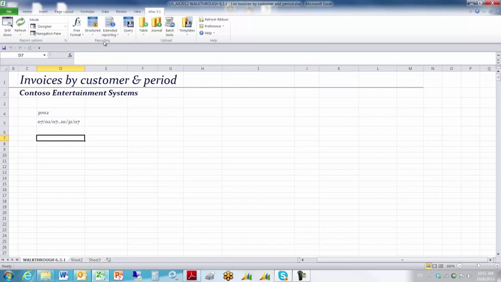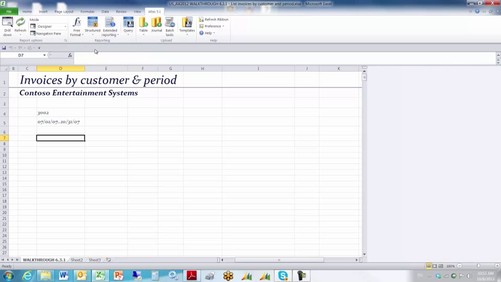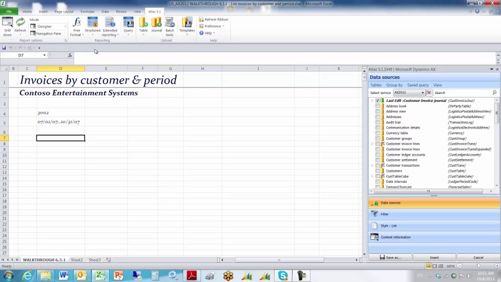We want to click the Structured List drop-down menu. That'll open up the Atlas task pane along the right-hand margin. We then want to choose the customer invoice journal table, which is already pre-selected at the top, as you see here. We want to select the filters tab,